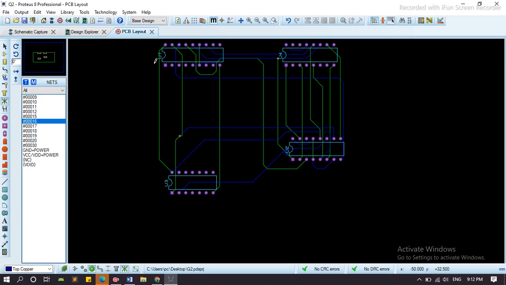We can also select the size of the board, and many other operations can be done, and after this we do etching and perform the practical work of the PCB.